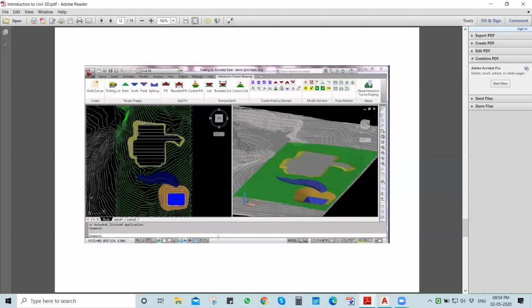If you see the 3D view on the right side, I have some data with the surface, the existing ground, what was there earlier, and the green colored surface with the building pad and the pond are the proposed ones. So how it is going to be designed, how it is going to be erected, how it is going to cut the site, all we can visualize earlier at the design stage using Civil 3D only.